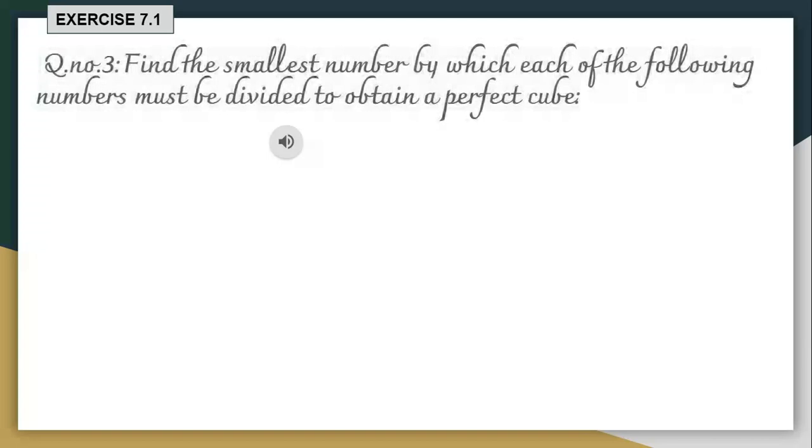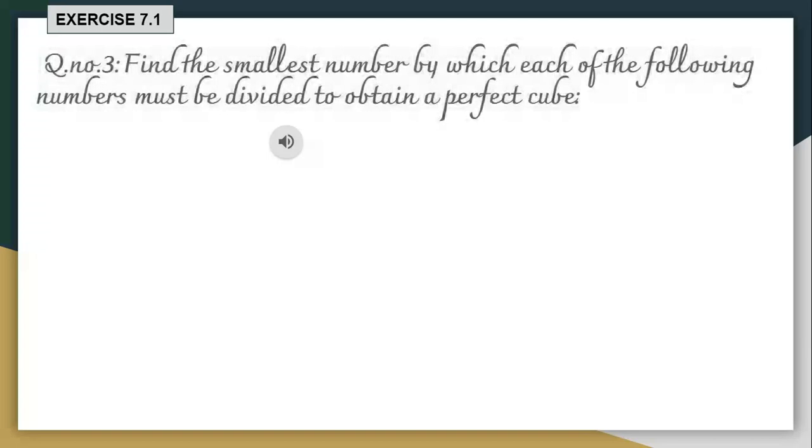a perfect cube. So in the last question, question number 2, we already did the smallest number by which it must be multiplied to get a perfect cube, isn't it? What did we do there? Same way, prime factorization first, then see whether the group of 3 is there or not. If any factor does not have a group of 3, then we see how many factors are required to make it a perfect cube. So that many numbers we multiplied with the given number. Maybe it is one number, maybe it is 2. So both the numbers we multiplied with the given number, then it will make a perfect cube, isn't it? The same way here also we can do it as a division.